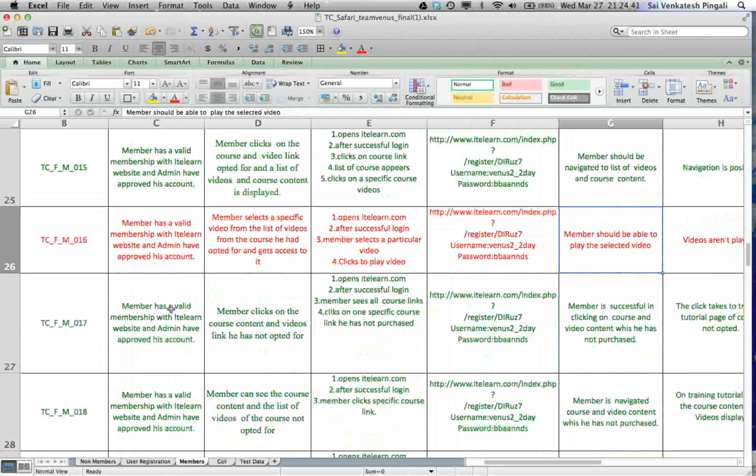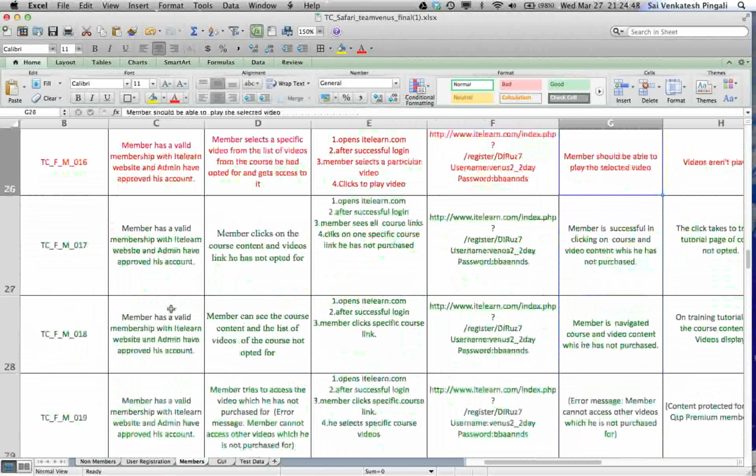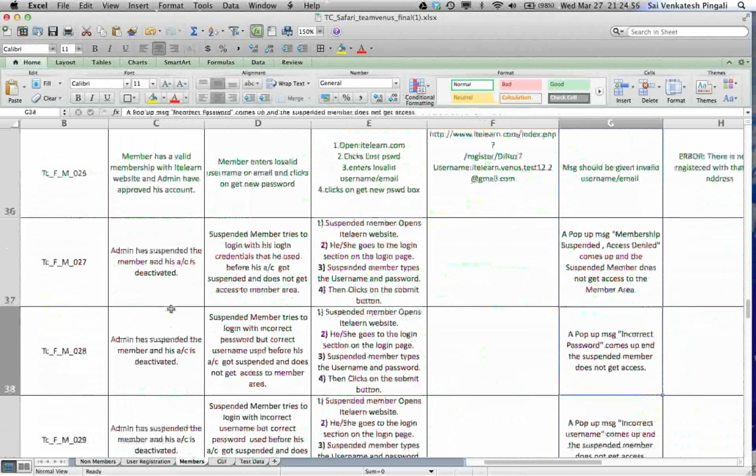So as you can see here, these were executed by Bhavna, and she considered that as a major factor of not being executed as a fail aspect. So that's why her test cases are fail. So scrolling down,